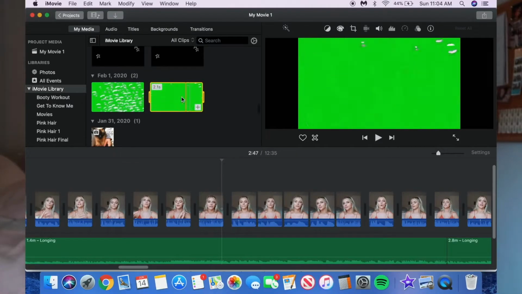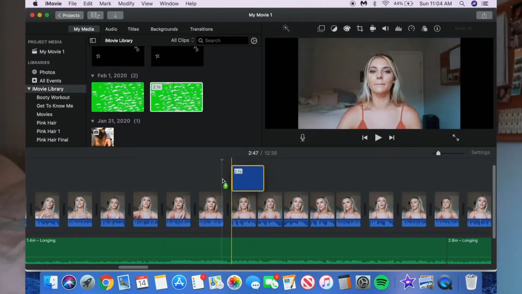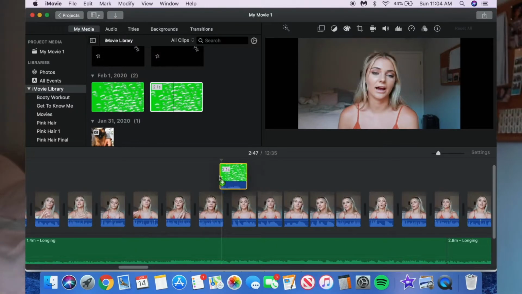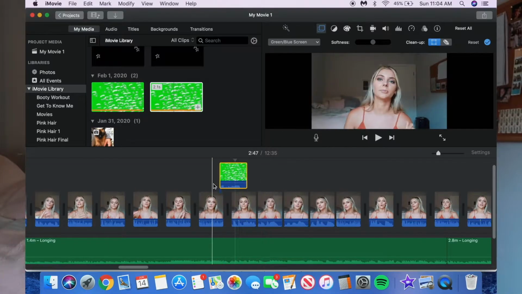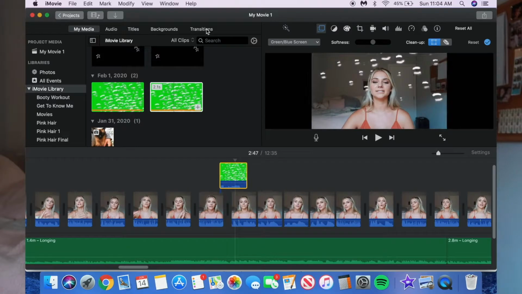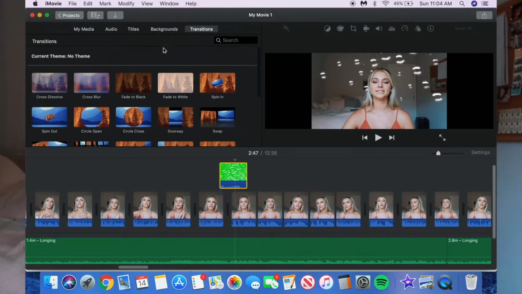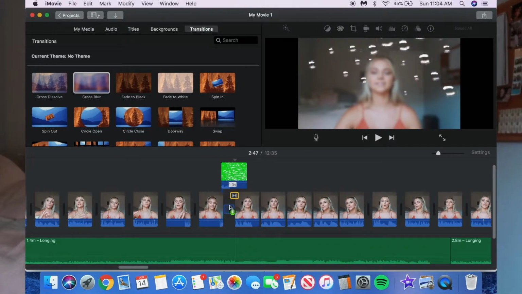I didn't re-download it in this video. I just dragged it from up top, but if you download it, just drag it onto whatever clip. I normally put it in between the two clips I'm separating with a transition. This is a bad example because the clips are supposed to go together, but basically all I do is drag it over and then I click green screen on it, and then I went up to the cross blur and put it in between the two clips. And then instead of having it on 1 second, I put it to half a second.